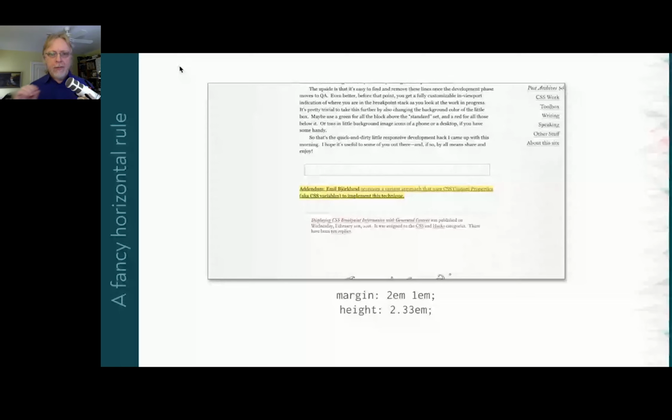Because I've said this before, you've probably heard this before, but I'm going to reiterate, CSS doesn't actually care what you think elements should look like. You can think to yourself, a horizontal rule can never be 2.33em high or 10 pixels or whatever. CSS places no such restrictions, right? You can make your horizontal rule tall and discover that it's actually a 0 height box, right? That's what a horizontal rule basically is.